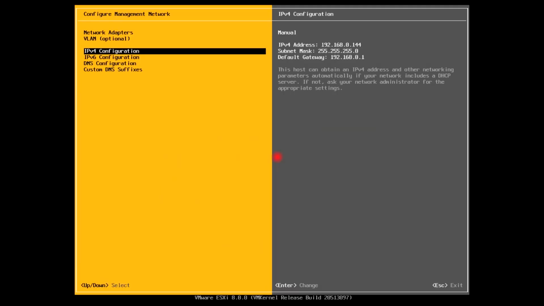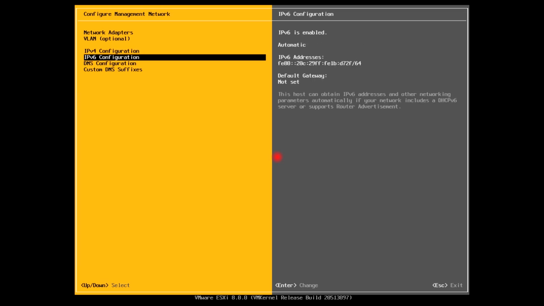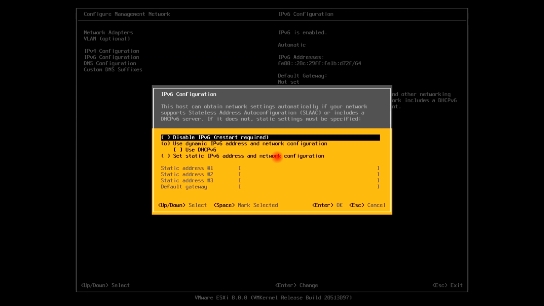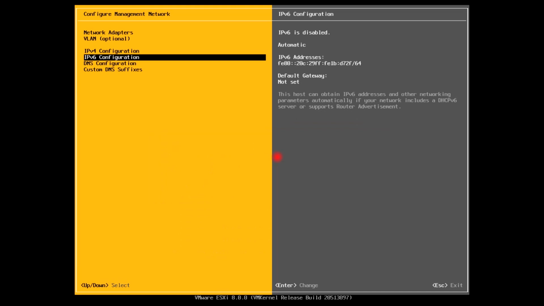Now I will go to IPv6 configuration and I will hit enter, and I will select the disable IPv6 and I will hit enter here. I will press escape.